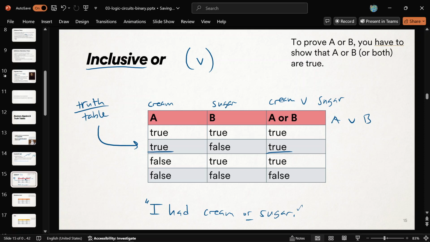If you had cream but not sugar, this is still a true statement. You're not lying to somebody. And it's still true if you didn't have cream but you did have sugar. That's the waiter's or. The one time you're lying is if you had neither. If you said I had cream or sugar, but you didn't, you had